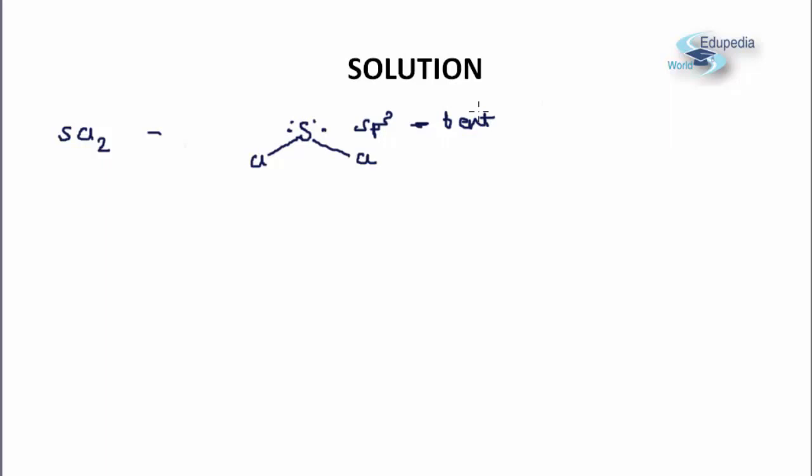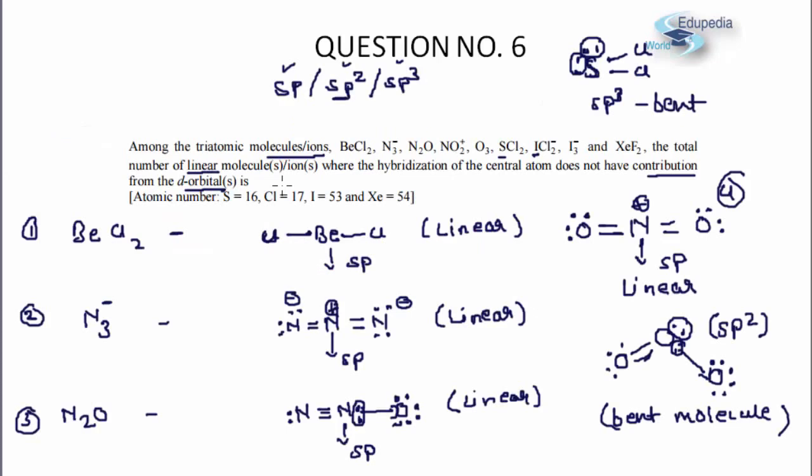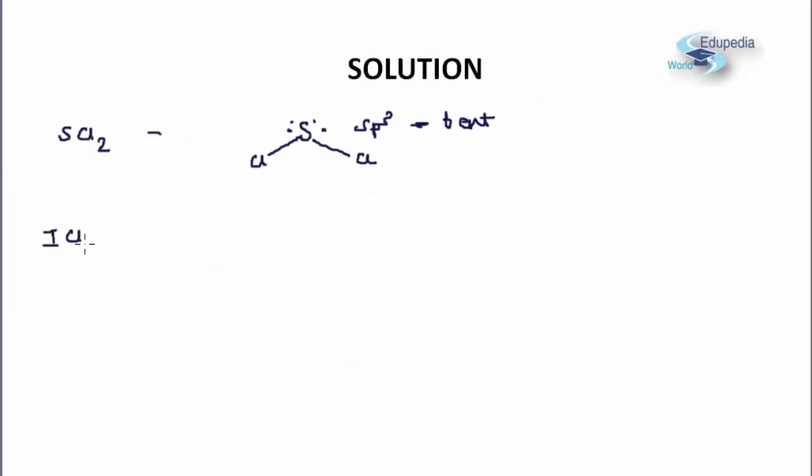Okay, the other molecule which was given to us was ICl2 minus, let me have a look again. ICl2 minus, iodine has 7 valency electrons, you add 1, so you get 8, fine, and then 3 are lone pairs out of the 8 electrons. So out of the 8 electrons, 2 will form bonds with chlorine, and the remaining 6, that is, there will be a total of 3 lone pairs.